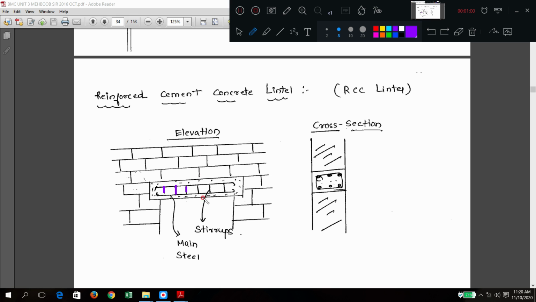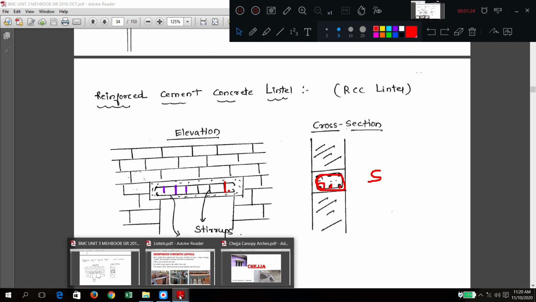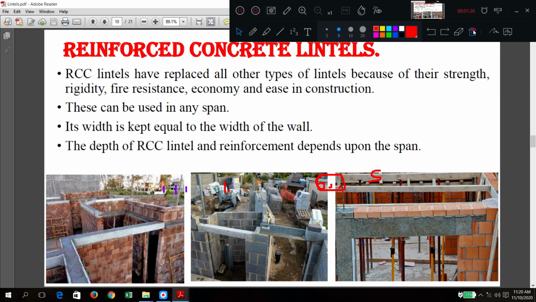Okay, so this is the elevation part and this is the sectional part. This is called a section. So main bars will appear as dots here. Okay, the vertical stirrups will appear as this rectangle portion, the inside rectangle portion. Now this part you have understood. Okay, how actually will this appear on site? Let us go to this diagram.